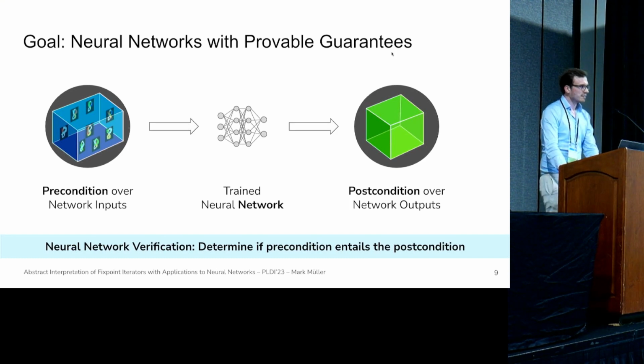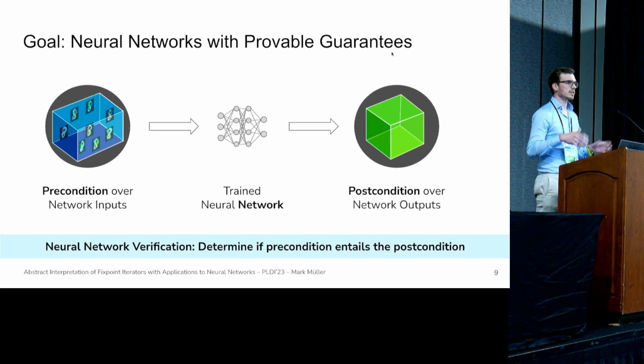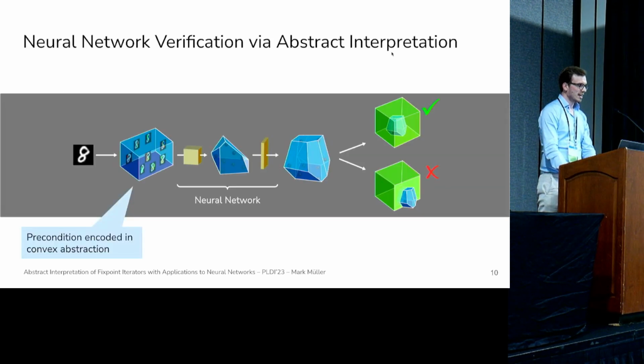More specifically, we want, for preconditions defining a set of inputs and some trained neural network, to know whether or not the outputs satisfy some post-condition. Or similarly, we want to say, do these preconditions imply the post-condition for a given neural network? Neural network verification is a popular tool to determine this, and a popular neural network verification approach is based on